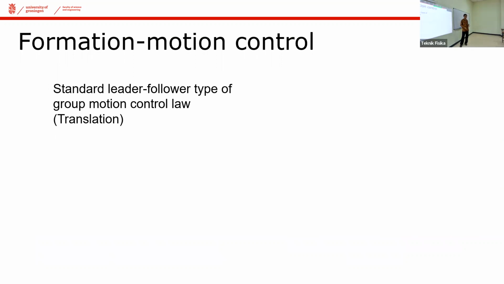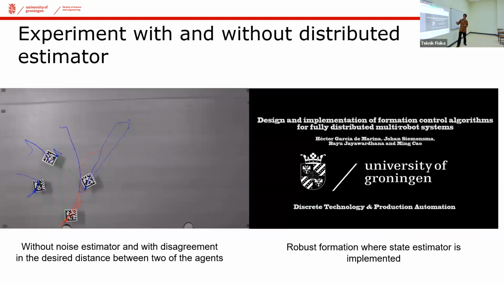I need some information about the noise. What do you mean by noise? Not the meaning of noise, but what is noise in this case? Oh, in this case, it's the measurement noise. So they do not measure the same way, because every agent is measuring in both ways, and they are not communicating the information.